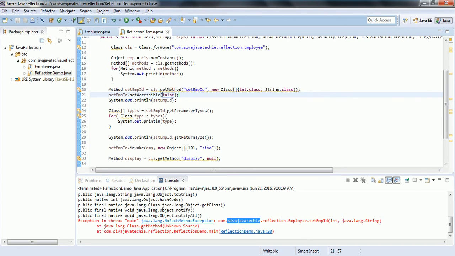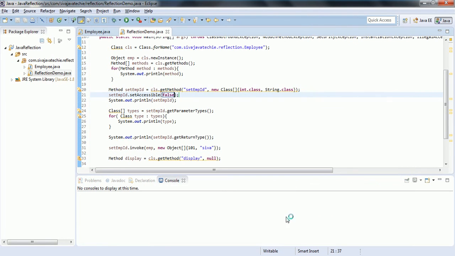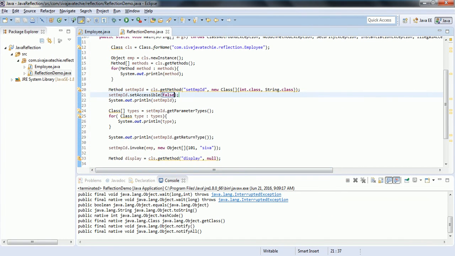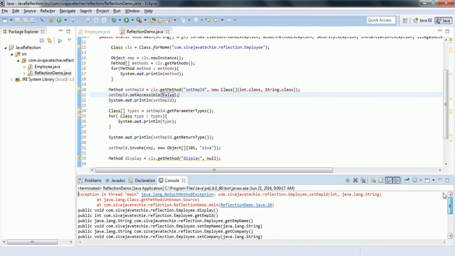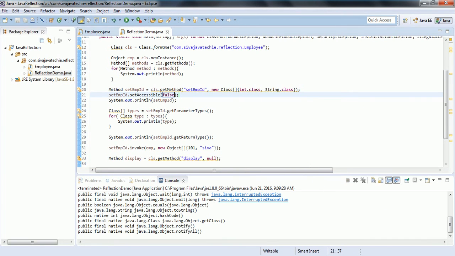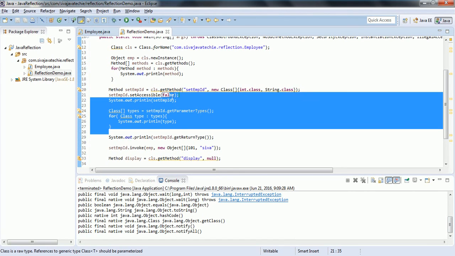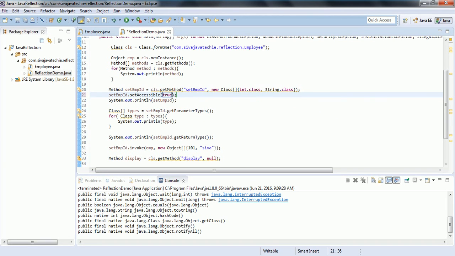Now if I go ahead and run this program, it is going to run. I'm just clearing it. Now once again if I run this program, it will be running fine. I think it should be true.